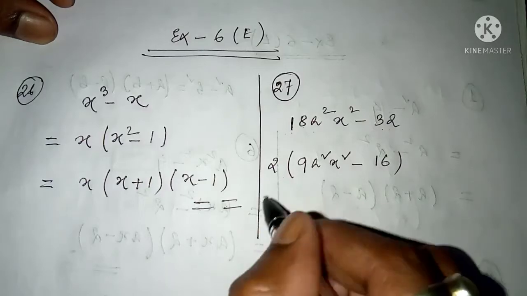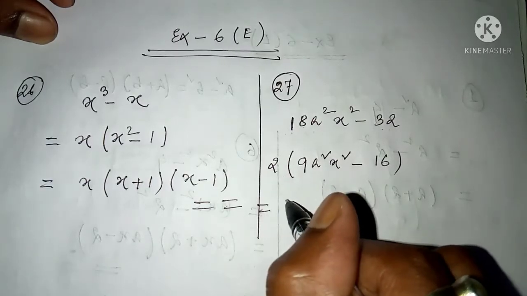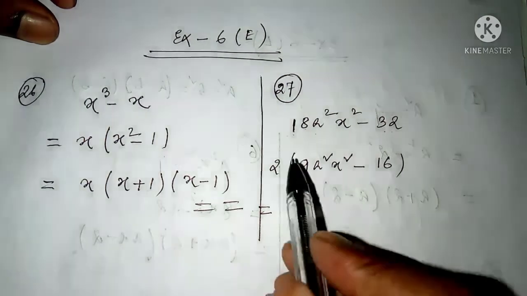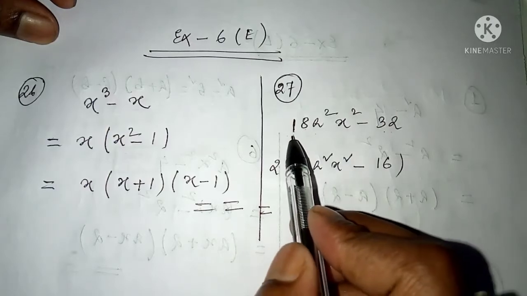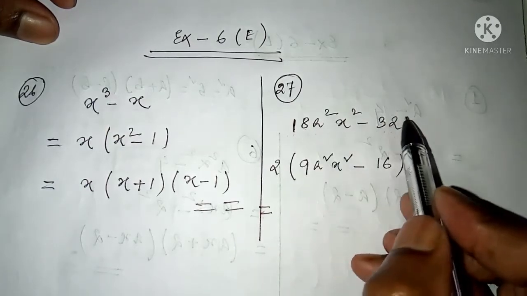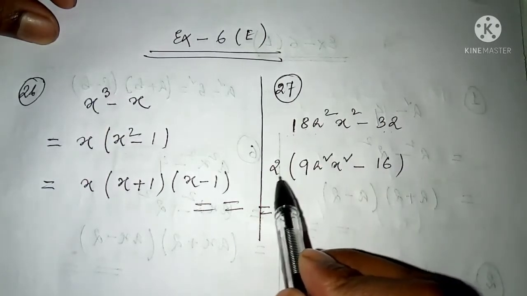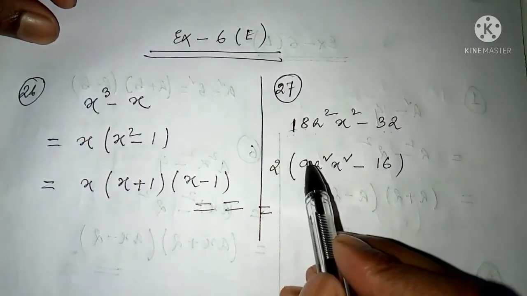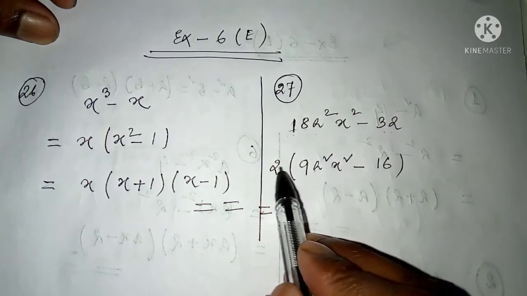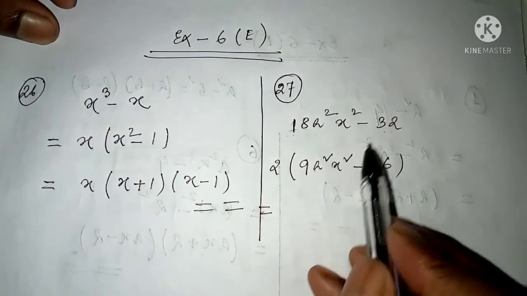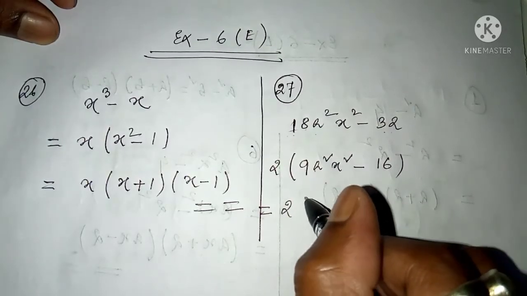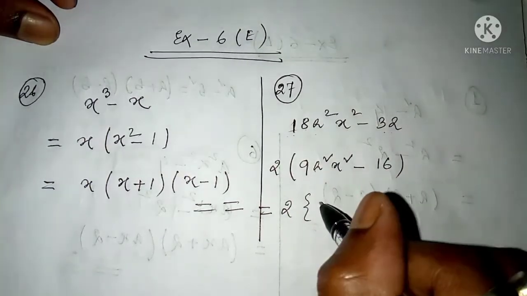Okay, see here, sorry, you cannot take 6 common from here because 6 does not divide 32. So I'm taking 2 common here. Okay, then see here 2 into 9, that is your 18, a square x square minus 16. Then you can see here 2 write as it is. Okay, then I'm writing within curly bracket this one